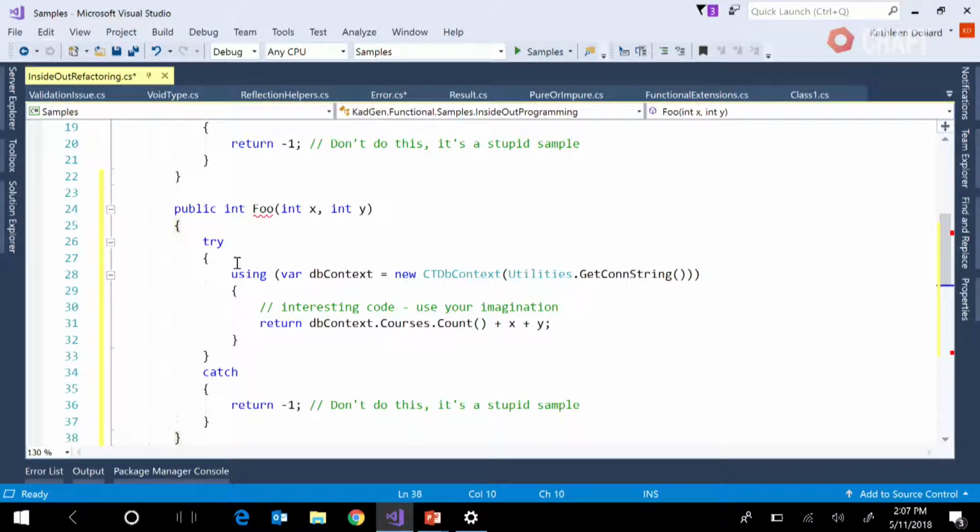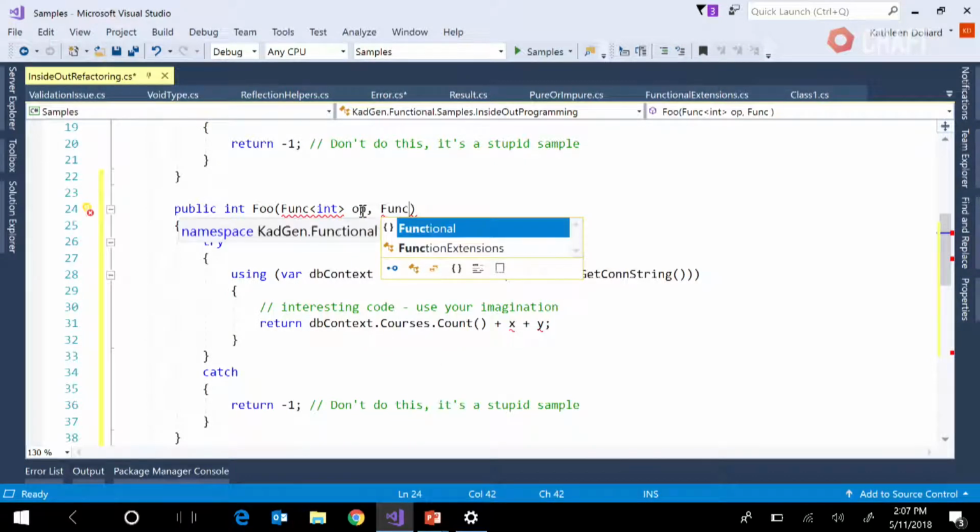Okay, so what we want to do is say, this isn't what I want to pass in. I want to pass in what the try is actually going to be all about. So I'm going to say it's going to be a Func, okay, and this Func is going to take nothing, and it's going to return an int in this case. I could change that to T, but for time I'm not going to. And that's the operation we want to perform. And then I'm also going to do a Func of